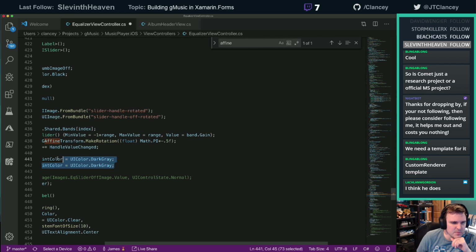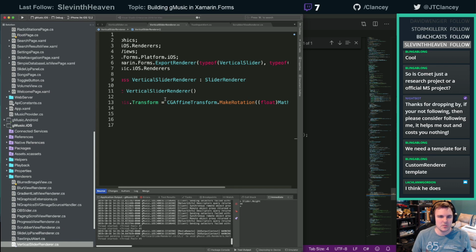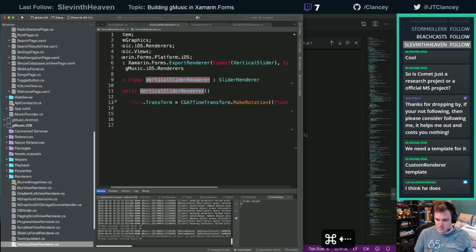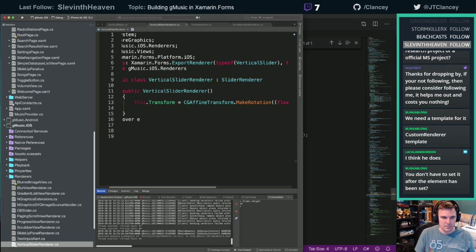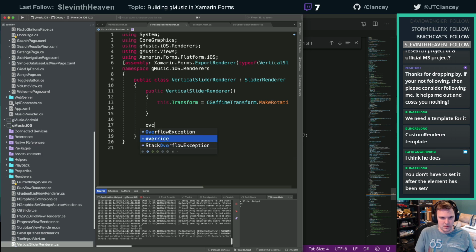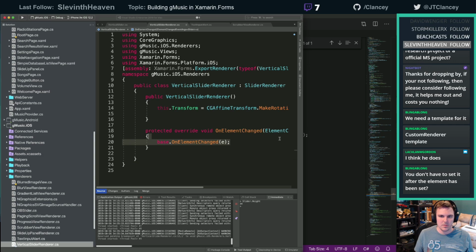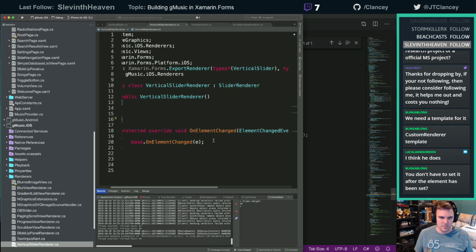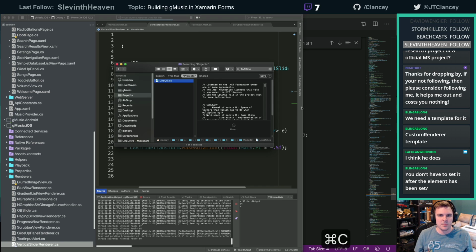It's the code I used before. Maybe I... Yeah, that's what I was wondering. That's what I was heading to now, is just override when the element's set. Don't know if I need to, but yeah. I'm not sure inside the slider renderer when it sets stuff up.